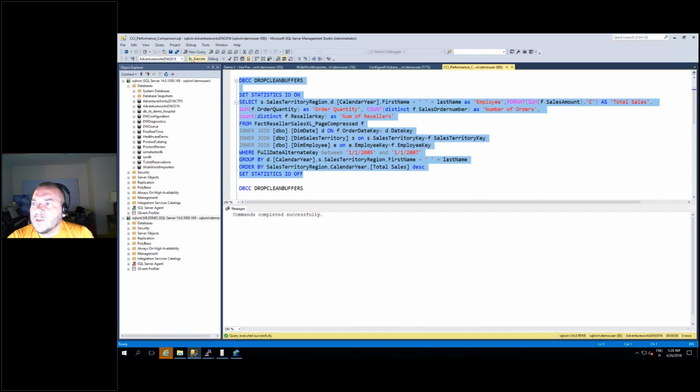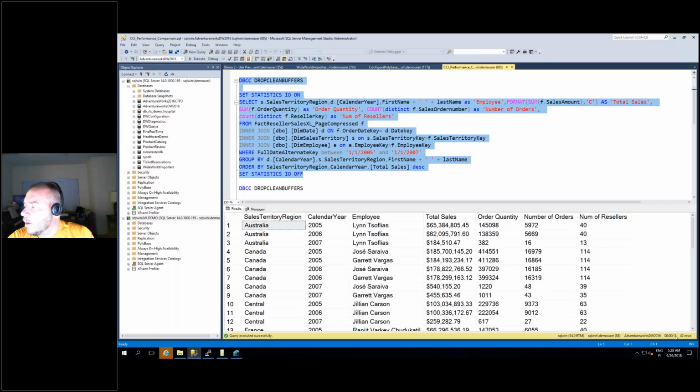And I'm going to run this query. This query is now using the disk-based table. We are using page compression mainly to save some disk space. And this query took 30 minutes to return 42 rows.